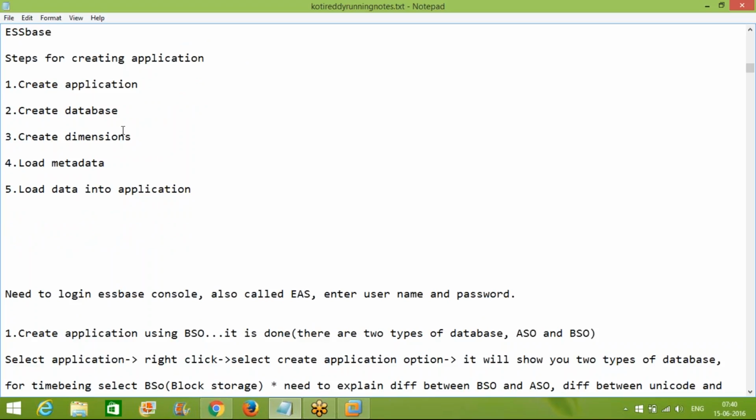See, at the end of the day, Essbase is a database plus analysis tool. Whatever data you load into your Essbase application, whenever the user wants, you will retrieve the data and analyze it. Then based on that data, you will take a decision. So for that, when you want to load data in your Essbase application,